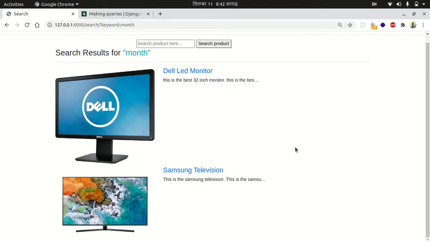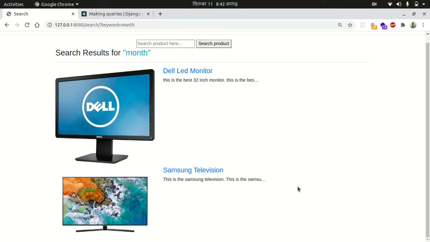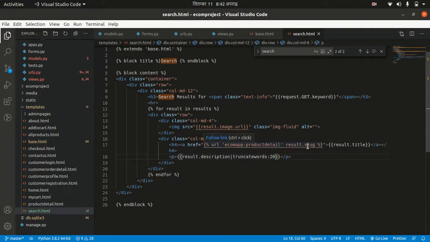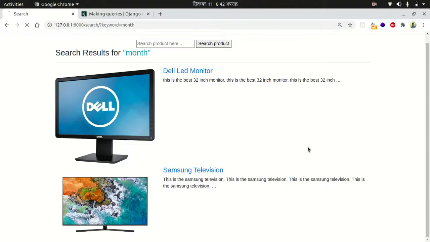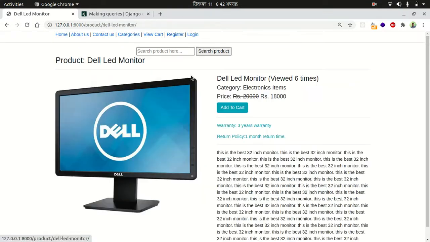Okay, not truncate words, and about 20 words. So too small, 50 words. Okay, now it's fine. And if you go to the detail page, here is a detail page, and you can also show the